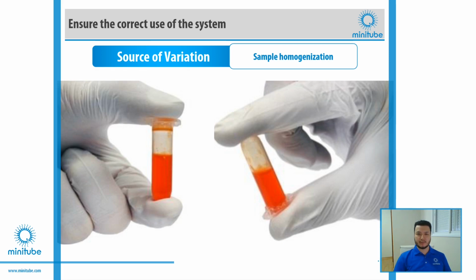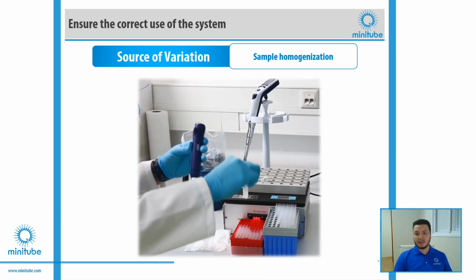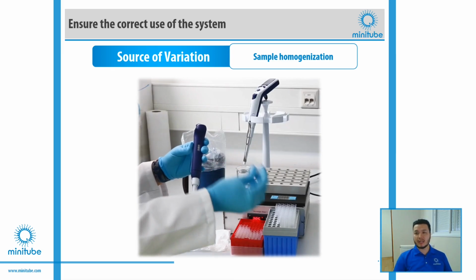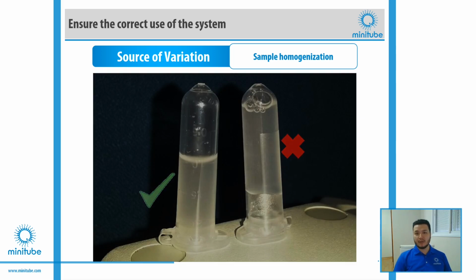Sample homogenization. Take care to assure a constant workflow in your lab. If the sample was kept vertical for longer than 1 minute, it has to be rotated upside down again at least 5 times before taking the sample. And again, don't shake, as we saw earlier. On the other hand, it doesn't mean that you need to do it so slowly like this. Otherwise, you can see this effect when the liquid in its first contact with a dry tube gets stuck on the plastic wall and actually doesn't mix anything.